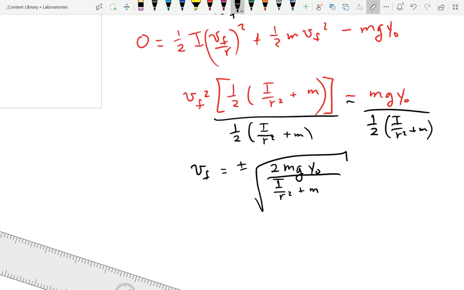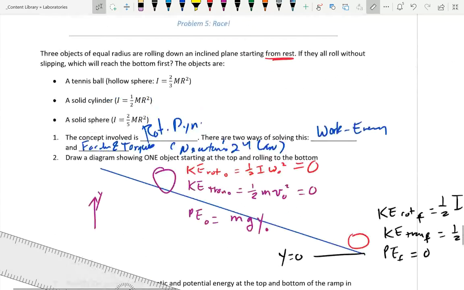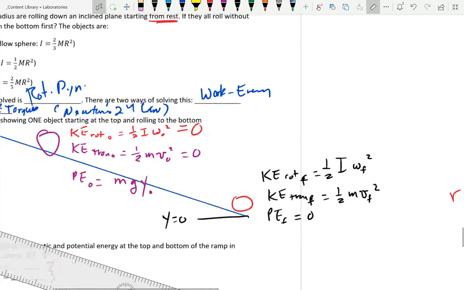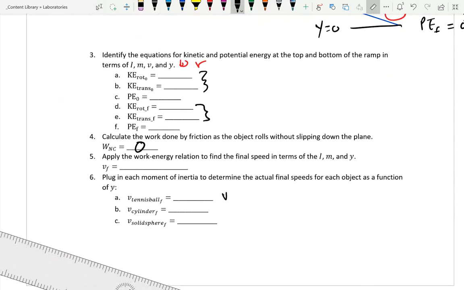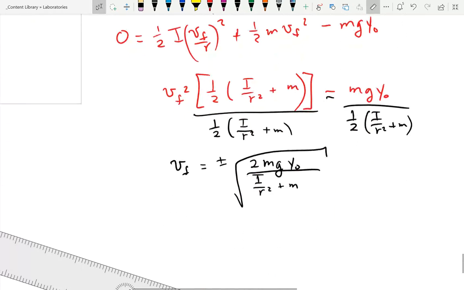So we have this. This works no matter which object we have. But now you're instructed to put in the different I's. So if I put in the different I's, what's different about the moments of inertia? They all have MR squared, right? But they have a different fraction out front. So I'm going to have, for the tennis ball, the square root of 2 MGY0